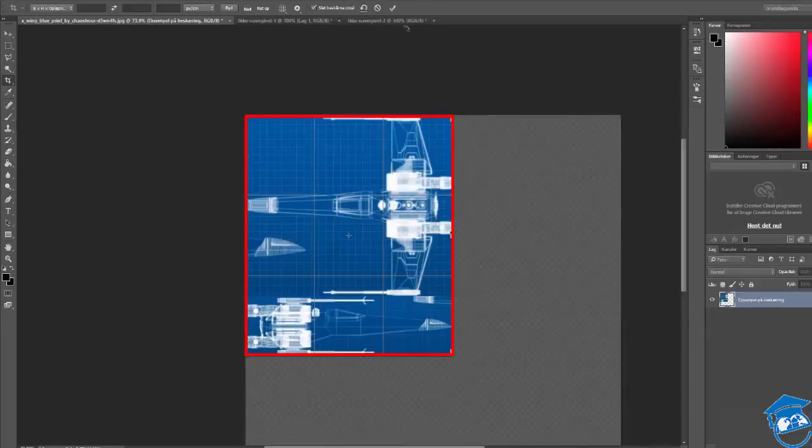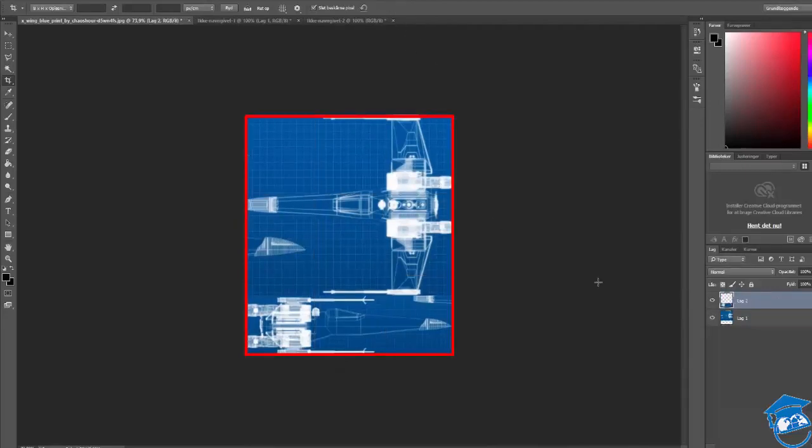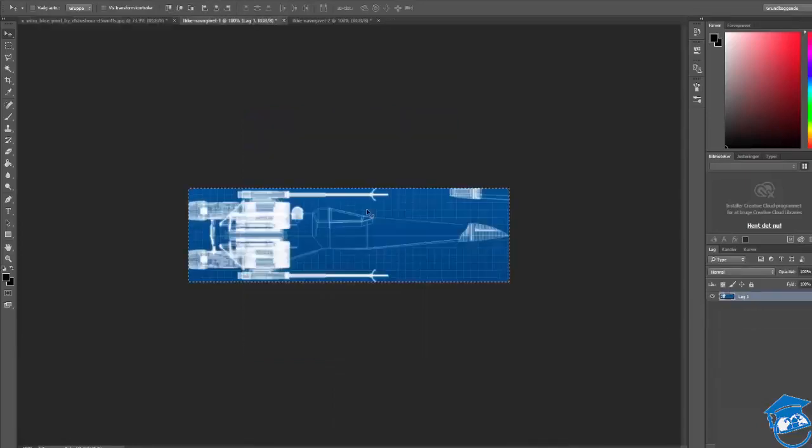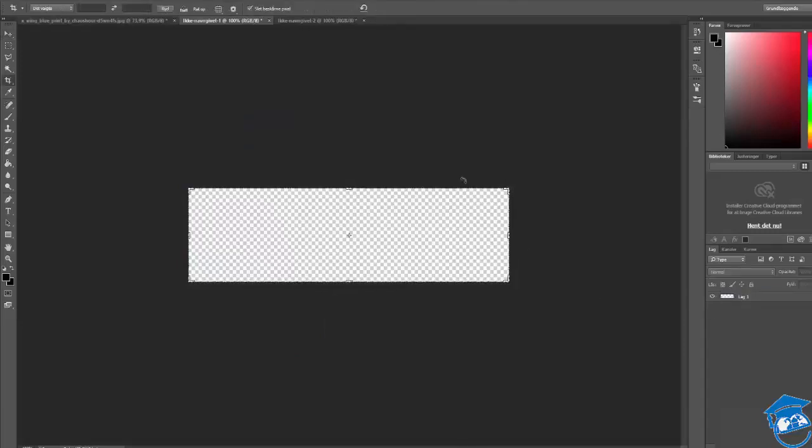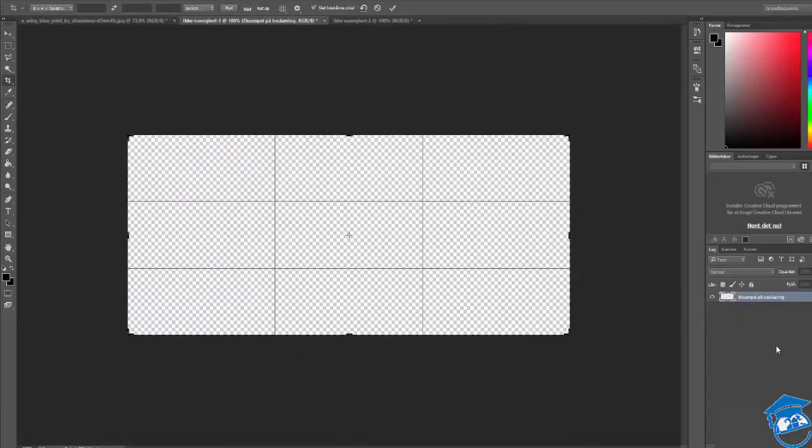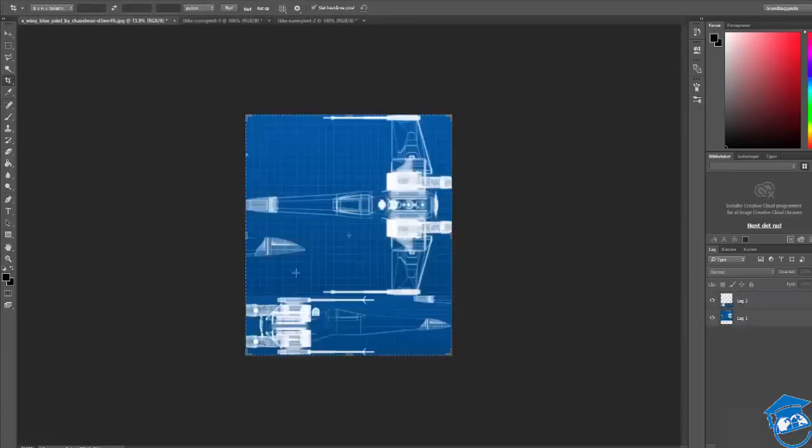So we can crop this down, even though it doesn't really matter. The only thing that matters is that we have got our two layers separated. So we want to just go into these two compositions right now and then paste,